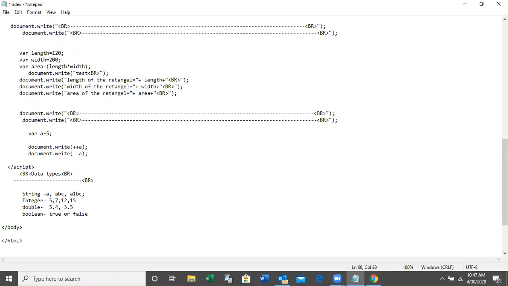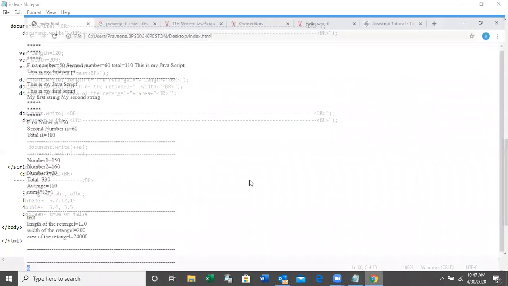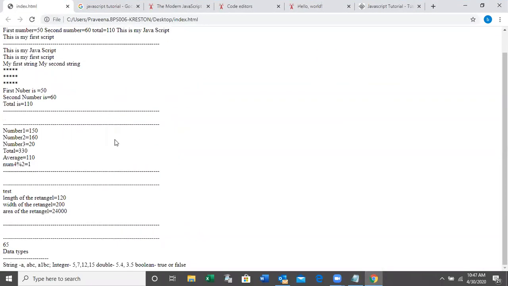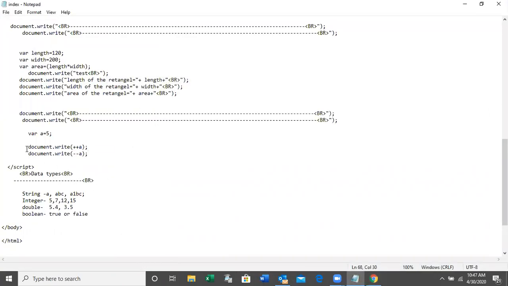So a minus 1 means what? 4. Why 5 in the earlier case? Because at this stage a is equal to 5, a++ means now the value of a is 6, again 6 minus 1 is 5. And if I remove this one, you will get 4 as output.